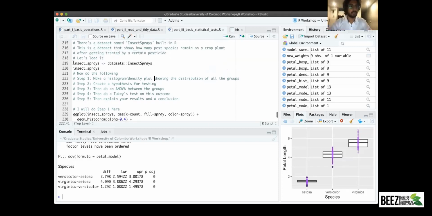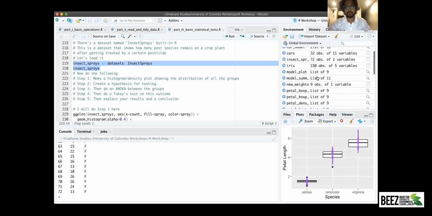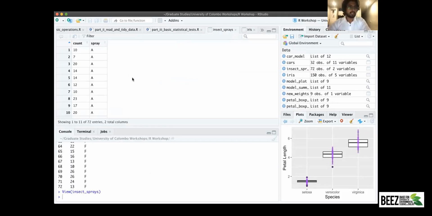Let's load this and see so that you can understand it better. So now you can see, spray A and count 10. So what basically this means is,